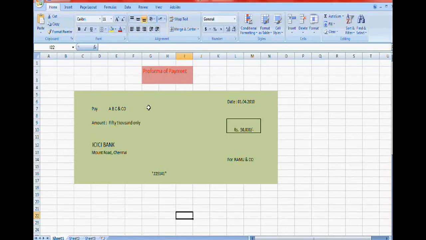To enter a payment voucher, you have to create two ledgers, that is the party account and the bank account. The party account ABC and Co. I have already created while entering the purchase voucher. Now the ledger is ICICI Bank. This only you have to create. So go to Tally,